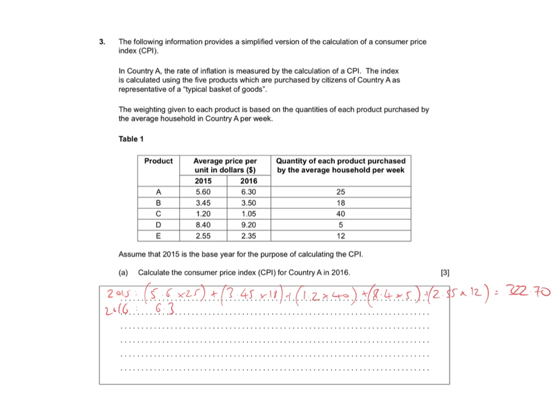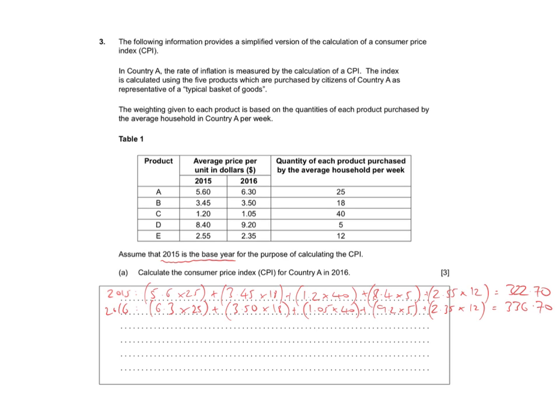So price 6.3 times by weight 25, and exactly the same for the other products. And then the value there comes to 336.70. Now we need to convert this into index form, and remembering that